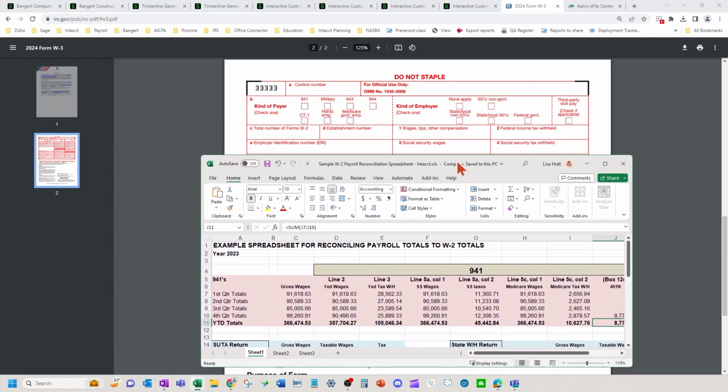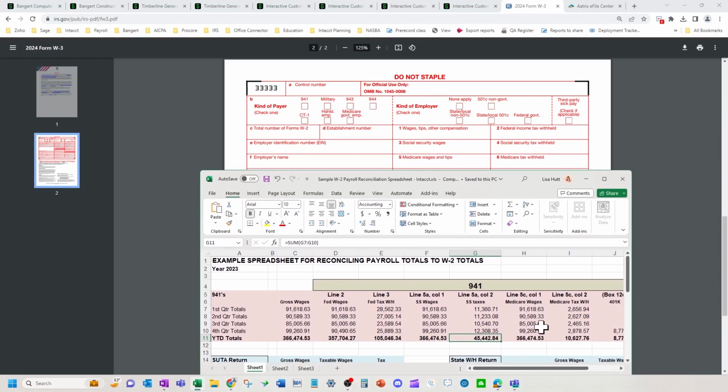Okay, so just to quickly point out, these Fed wages here per your 941 line 2 should go in box 1 here in your W-3. Your federal tax withholding here per your 941's line 3 should go up here in box 2, Social Security wages and on. Okay, so you've got tax withholding, and then you've got your Medicare wages here and your Medicare tax withholding here.